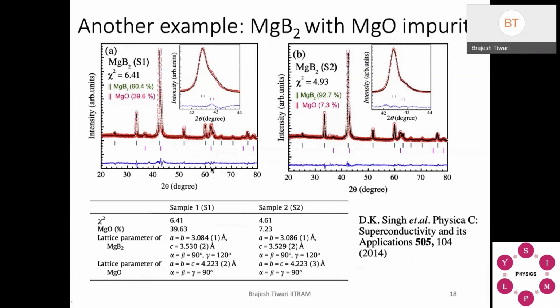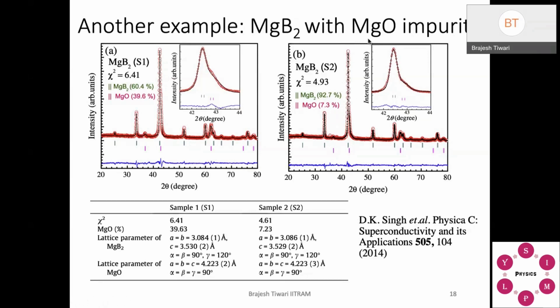Beforehand, I am just showing this one example, where a compound we were supposed to get with the MgB2 structure, an MgB2 superconductor we had planned to make. While putting it in the furnace, due to some leakage in the sealed tube, some oxygen somehow entered the tube, and we ended up with a material which shows diamagnetic character but not the superconducting property.